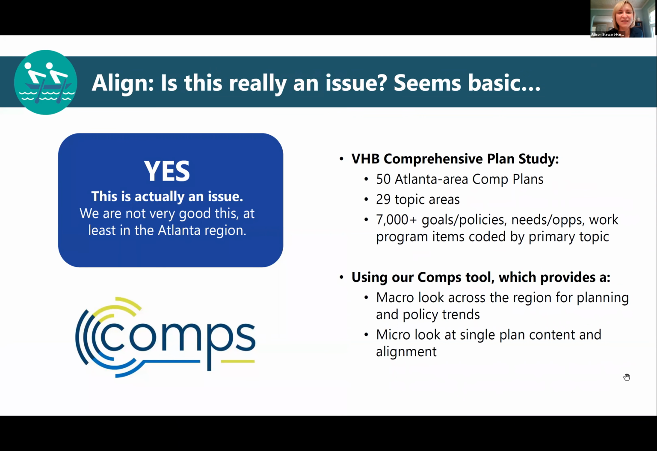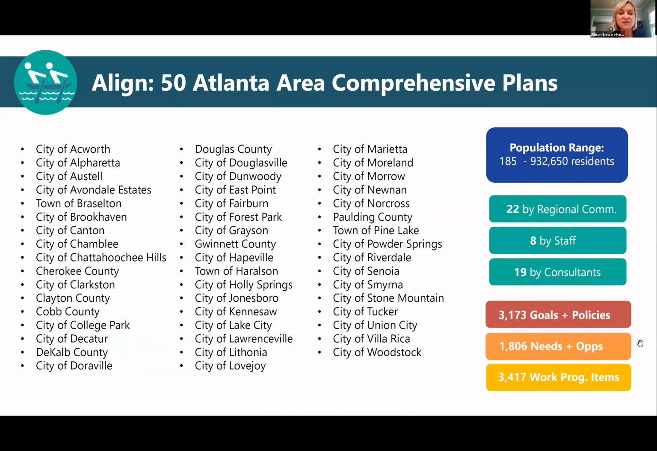So you might be thinking, gosh, is this really an issue? This seems really basic. I mean, we're planners, we're organized people, we do this, but it actually is an issue. At VHB, we've actually done a study of 50 Atlanta area comp plans. We use this thing called our comps tool, which looks at a macro view across the region for different planning and policy trends, but it also helps us look at a single plan's content and how well it's aligned. So these are the 50 cities that we have studied,